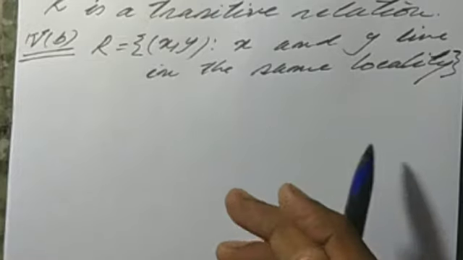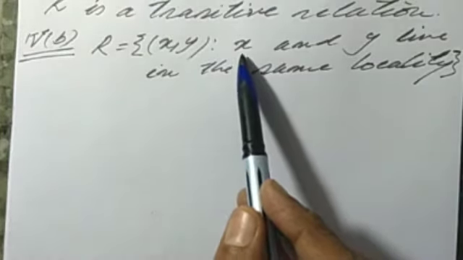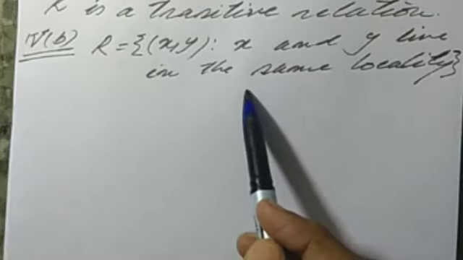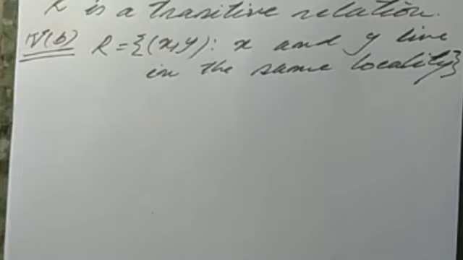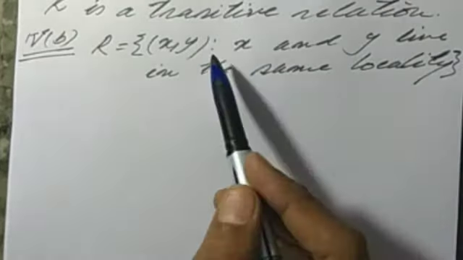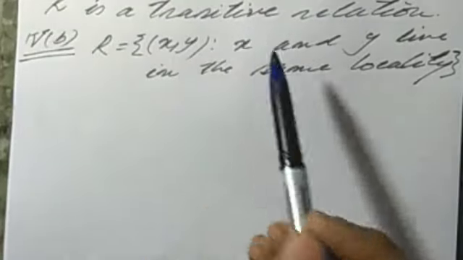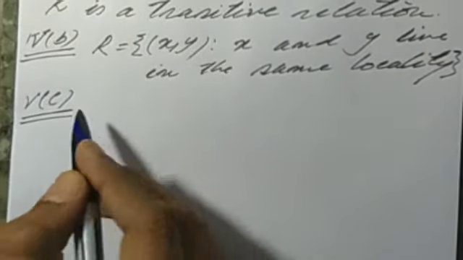So in this way this is symmetric, and if we take three arbitrary elements x, y, z such that (x, y) belongs to R and (y, z) belongs to R, then x and y live in the same locality and y and z live in the same locality. So it implies that x and z live in the same locality. So we may say that (x, z) must also belong to R. So in this way this is transitive also. So I have given a verbal clarification because I have explained the first part, which is very similar to this one. Now the third part, the C part of the fifth part, is given as